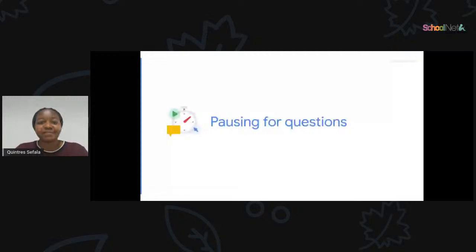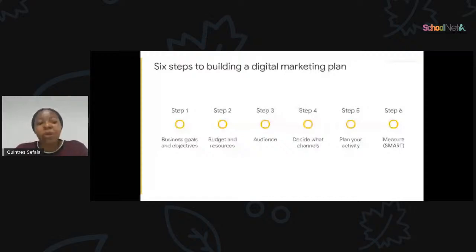A digital marketing plan. Step one is we will look at what are your business objectives, right? We then look at your budget and resourcing. Do you have any budget? Do you have resources in order to back up your goals and objectives? And then we need to understand who your audience is. Who are we targeting in terms of this digital marketing plan? Is it our customers? Is it potential opportunities? Who are we targeting when we are creating this, right? Channels that suit our business. It could be search engine optimization,